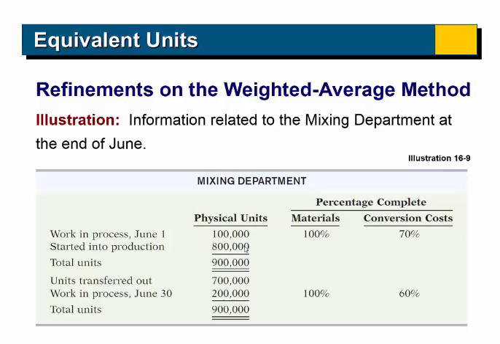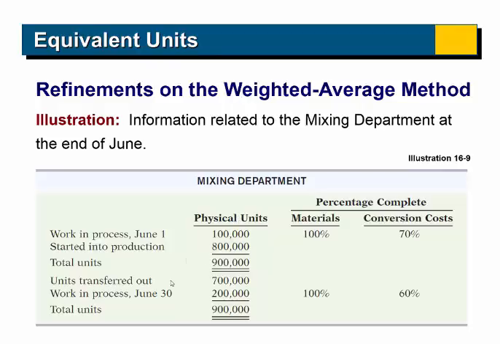Okay, so we added in direct materials for 800,000 more waffles into production process in the mixing department in the month of June. Therefore, if we add these two quantities together, 100,000 plus 800,000, then we have 900,000 total physical